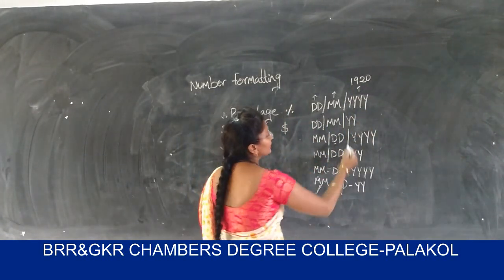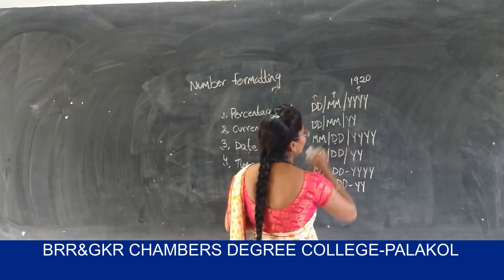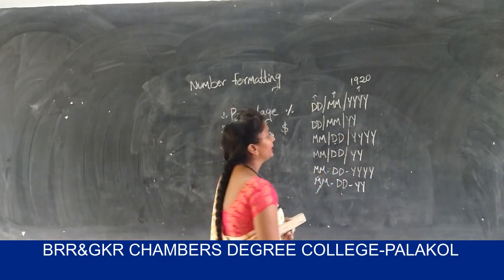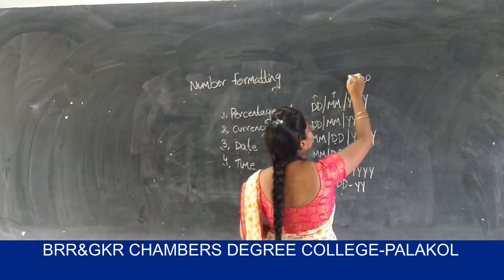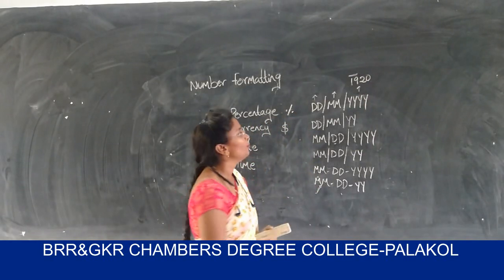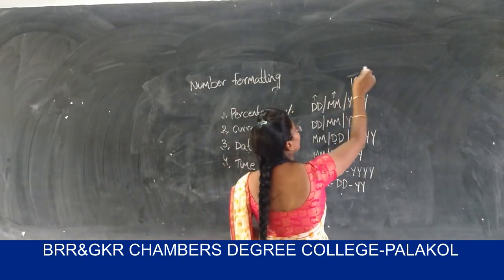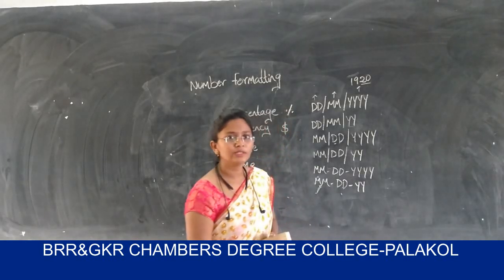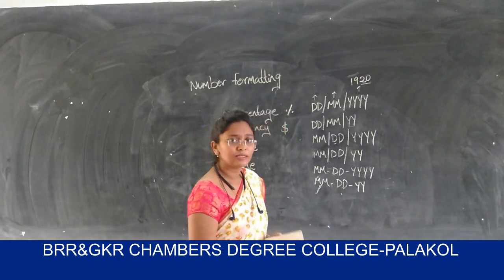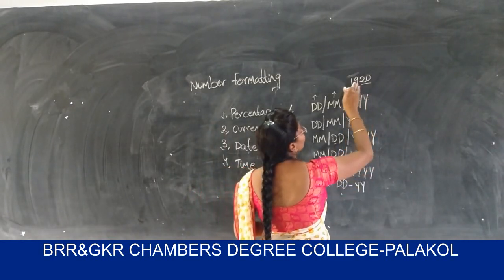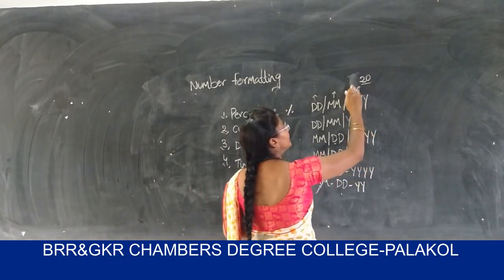And the second one, I am taking only 2. Excel won't take the before letters, meaning the first 2 digits. It will take the last 2 digits. It won't take the before digits. It will take the last digits. If I enter 2 Ys, it will take it as 20 only.